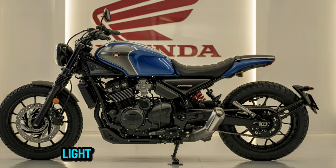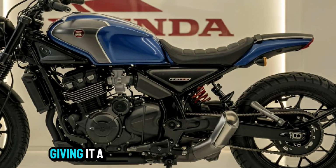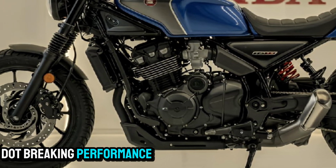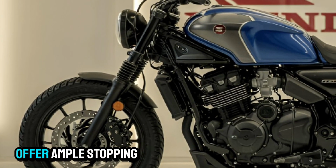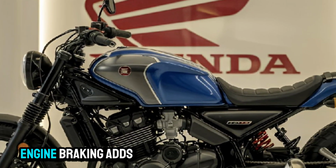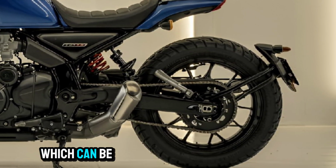The steering is light, and the bike responds well to gentle counter-steering inputs, giving it a much more engaging feel than your typical cruiser. Braking performance is solid and confidence-inspiring. The front and rear disc setup, combined with ABS, offer ample stopping power without drama. In sport mode, engine braking adds a bit more bite as you roll off the throttle, which can be particularly